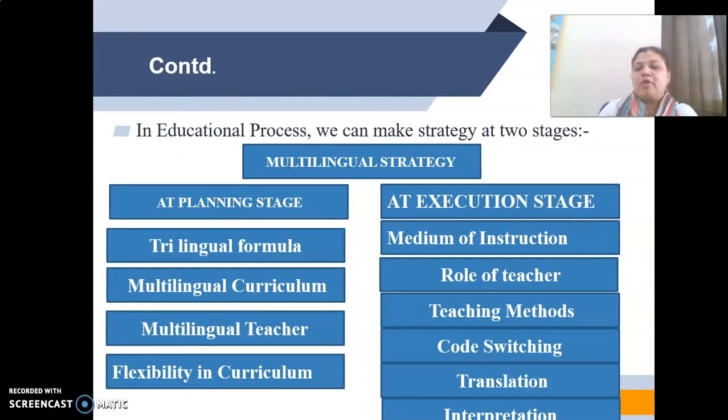Now, in the educational process, we make strategy at two stages. The first stage is the planning stage, and the second stage is the execution stage. At planning stage, we have trilingual formula, multilingual curriculum, multilingual teacher, and flexibility in curriculum. It also comprises some sub-points which we are going to discuss in detail afterwards. At execution stage, medium of instruction, role of teacher, teaching methods, code switching,